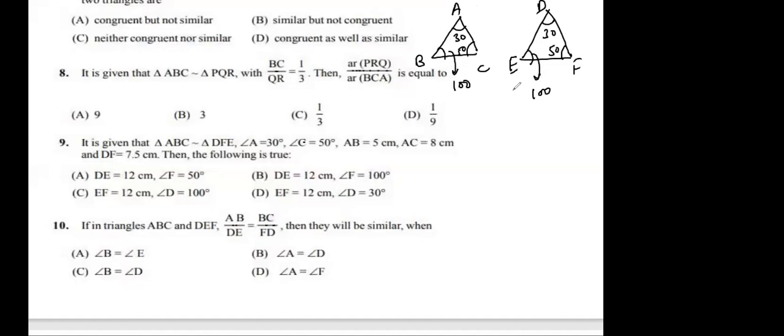Why did I say that since this is 30, this one will also be 30? Just because if I'm saying that triangle ABC is similar to, oh sorry, triangle ABC is similar to DEF, so angle A will be equal to D, angle B will be equal to F. Oh sorry, it is not similar to DEF. Actually, it is similar to DFE. So I have to write here DFE this way.